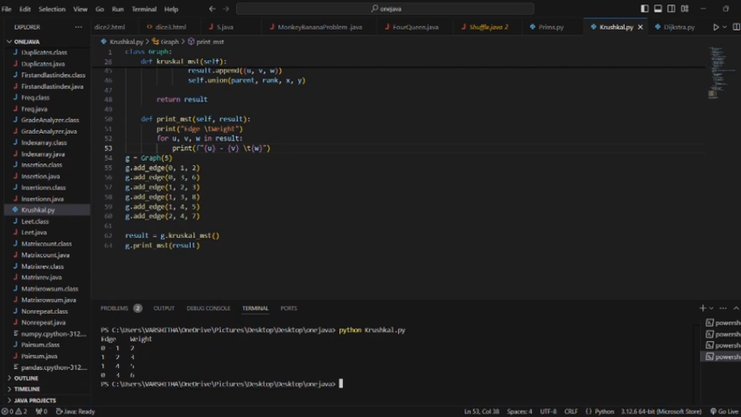Now printing the MST. This function prints the edges and weights of the minimum spanning tree. Example uses. Here we create the graph with the vertices